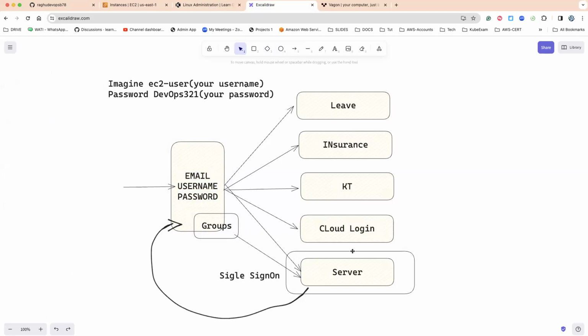I'll send you a video, by the way, on how it will be done. There's one video I have seen recently. Even if you want to replicate it, you can replicate it in your lab. It shows how a centralized user authentication system works. Maybe I'll post it on the GitHub page or wherever. I'll give you that video maybe on a lazy day. When you have some time, go through it and watch it. You'll understand how things happen. Okay, so coming back to the point,